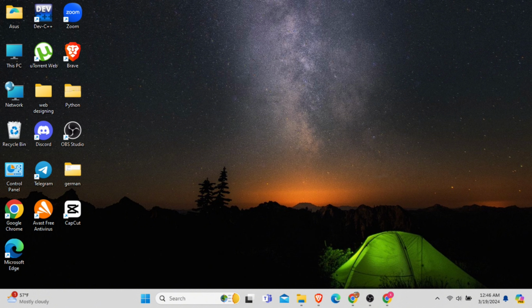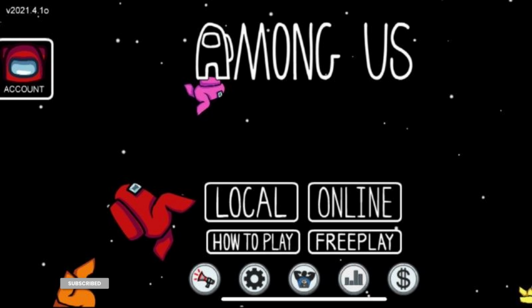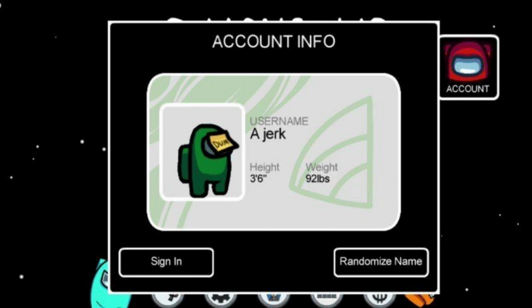For that, firstly launch the game application Among Us on your device. After that, at the top left corner, you will see the option of account. Simply click on it. After that, you will see this prompt where you need to choose the option of sign